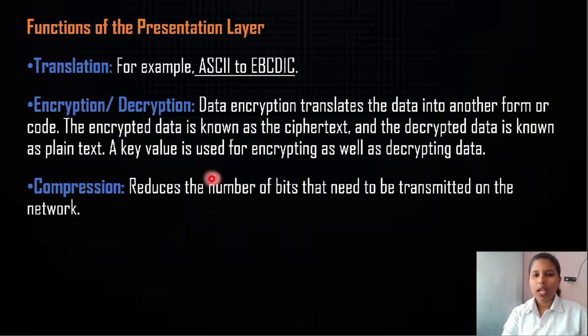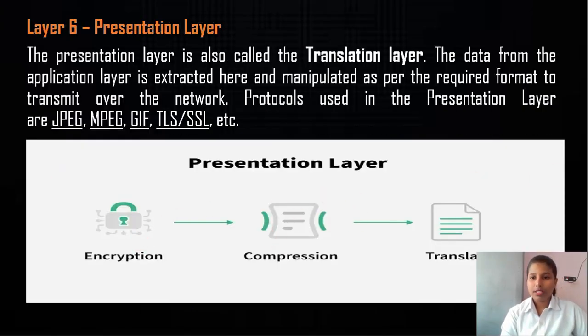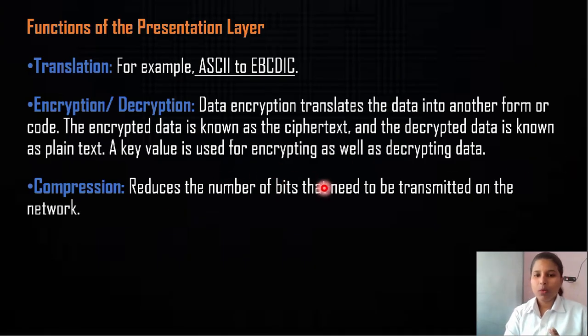A key value is used for the encryption as well as the decryption of data. And the next function is compression, that is, reducing the number of bits that need to be transmitted on the network. So this is the